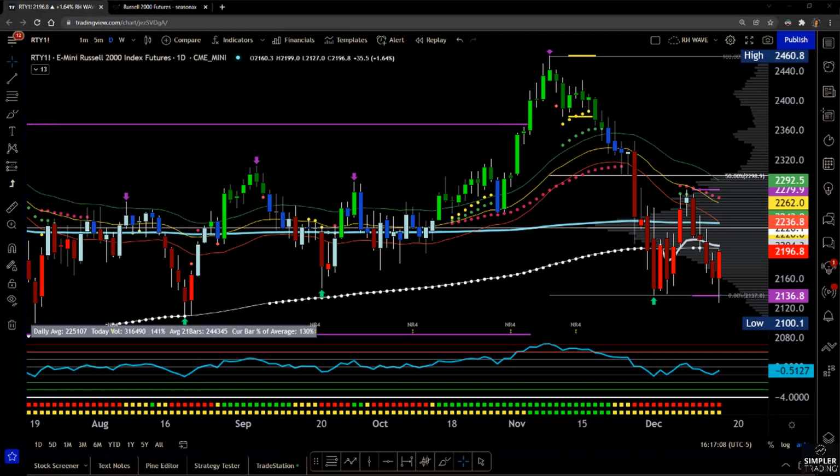Traders, Raghee here, and in this update we're going to return to a symbol that we've been talking about quite a bit in both the futures room and in the Sector Secrets Mastery room, and that is the RTY. So whether you're looking at the Russell via the futures contract, maybe it's the mini, maybe it's the micro, or whether you're looking at it through the ETF IWM, either way, this will break down what we're seeing right now